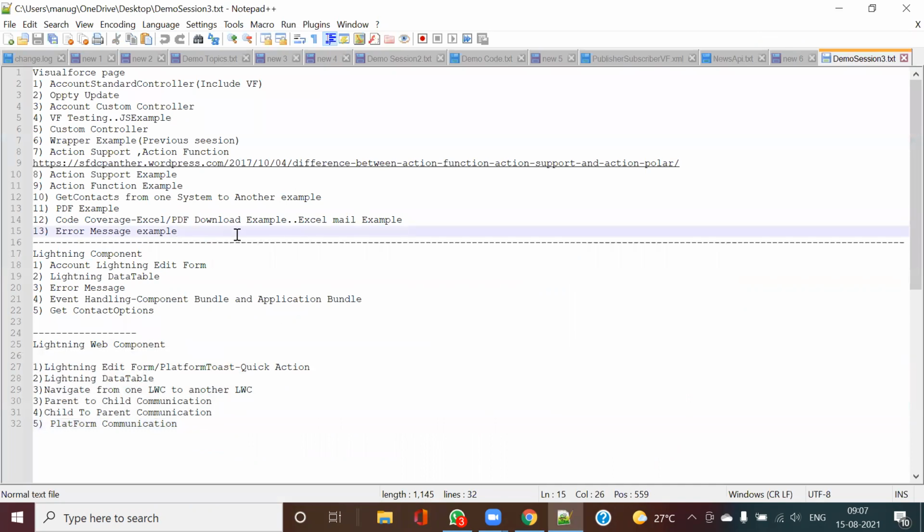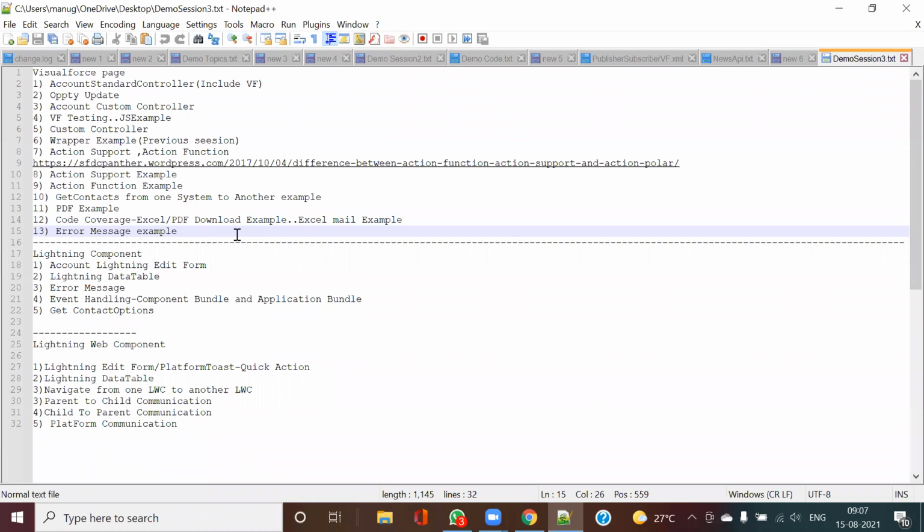But why is VF important? There could be a project where the requirement cannot be fulfilled with Lightning web components. In that case, you might have to go for Visual Force pages. Plus, there could be projects which go for migration from Classic to Lightning, so there also you need to know Visual Force pages.